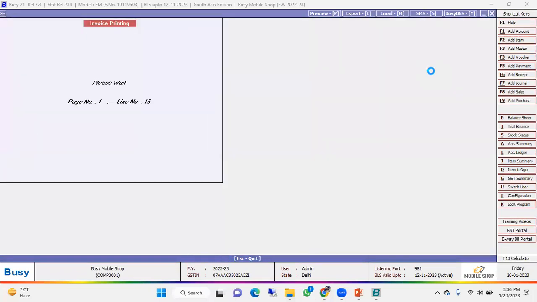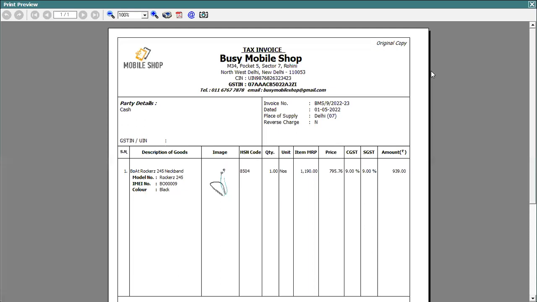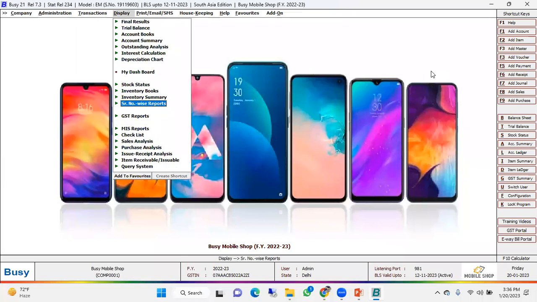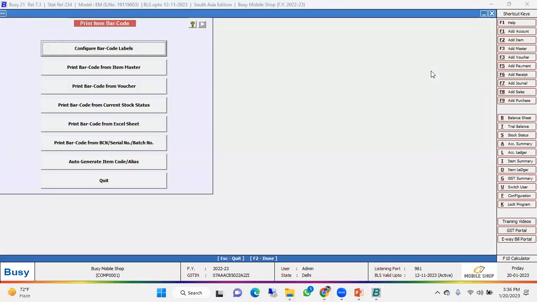See, so we can create the sales invoice like this. We can record the sales voucher like this. These are the process. Next, if you want to design the barcode label, you have to go in add-on,